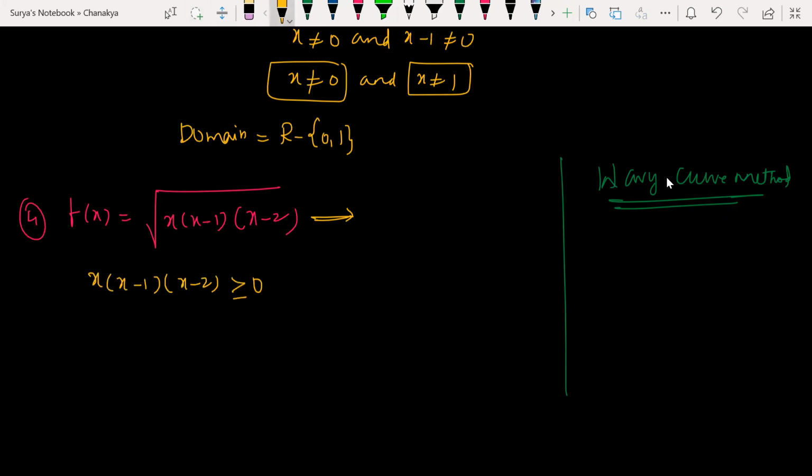Look at this here. What are the possible cases here? See, the product of these three numbers should be greater than 0. So it can be plus, plus, plus. If all of these are plus, it can be greater than 0. Or if these two are minus and this is plus, it will be greater than 0. If you take all these possible cases, it kills your time, and you will lose your marks. You don't have that much time, right?